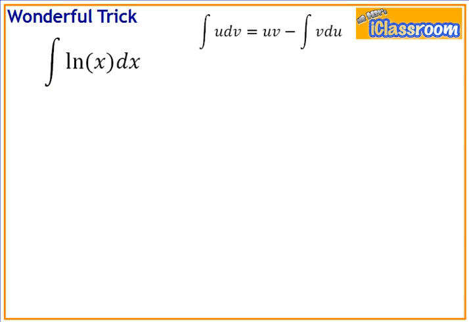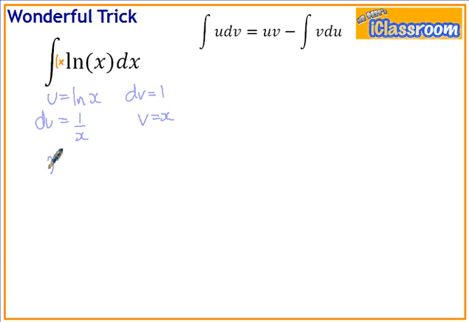Now for a wonderful trick, and that wonderful trick is the integration of the logarithm of x. Not immediately obvious that this is a by parts question, until we realise that we can write this as 1 times by the logarithm of x. Now in this example we're going to take our u value to be logarithm of x, which is sensible because at the moment we don't know how to integrate logarithm of x, so I want to pick it as the function that I'm going to differentiate, because I know that's going to become 1 over x. My dv function is going to be 1, which I'm going to integrate to give me x, and at this point